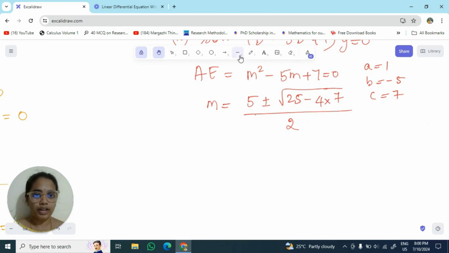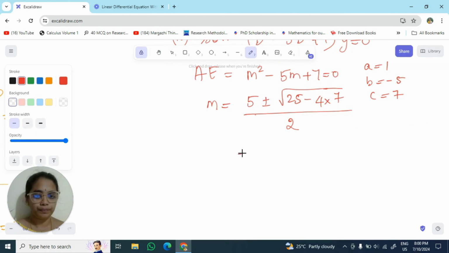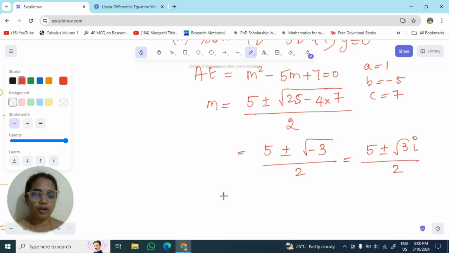Yes, so I would be getting 5 plus or minus square root of 25 minus 28, which is nothing but negative 3, by 2. I can again write this as 5 plus or minus square root of 3 into i divided by 2, or I can also write it as 5 by 2 plus or minus square root of 3 by 2